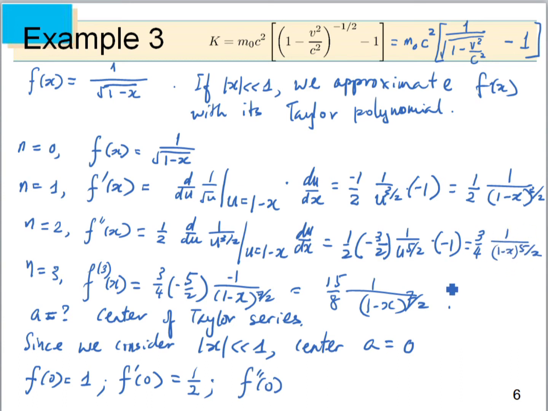And this is going to be 3/4. F 第三次微分在0的值，那就是这一个代入 x 等于0。是15/8。Right, 到这里我们已经有了4个系数，从第0次到第3次的4个系数，那我们就可以把这个 f